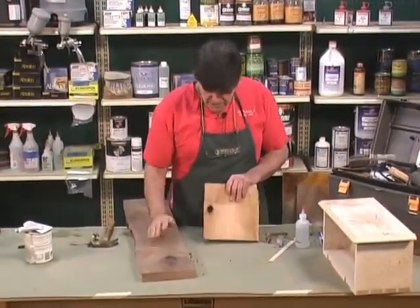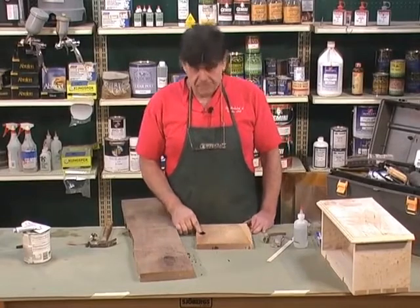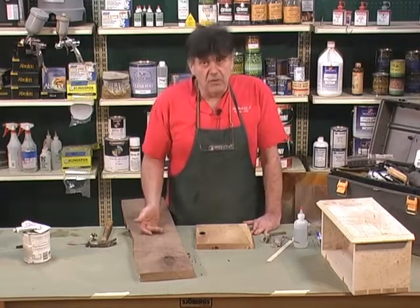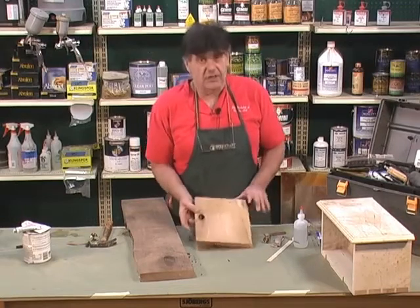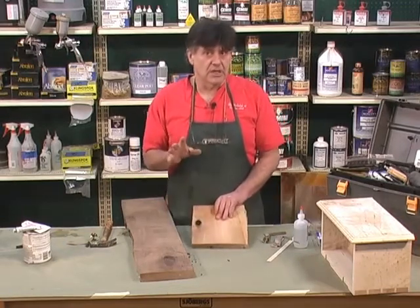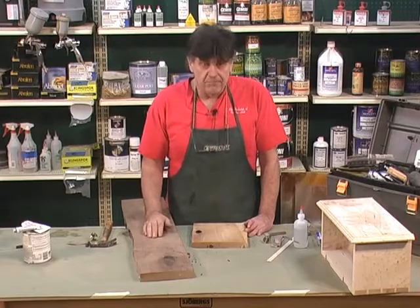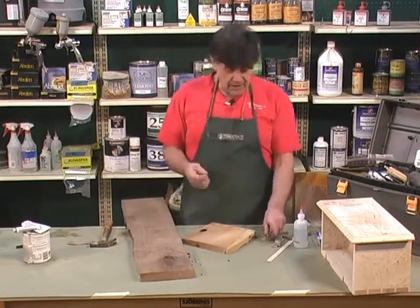Now, here's something that works really well because this is tough. Clean it out good. Then you want to fill it. Now, an epoxy works good. A regular wood filler does not. That's too much area. You got to have something that's really going to be strong and set up good and hard. Another alternative that I like is body filler. Works great. Once you've got it filled, take something like a Forstner bit